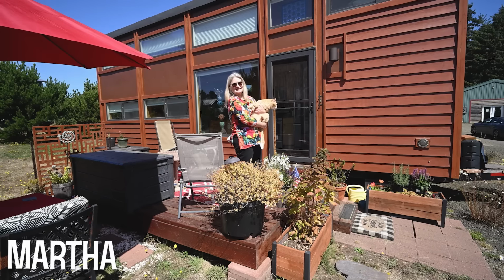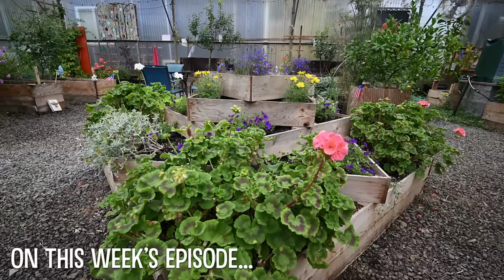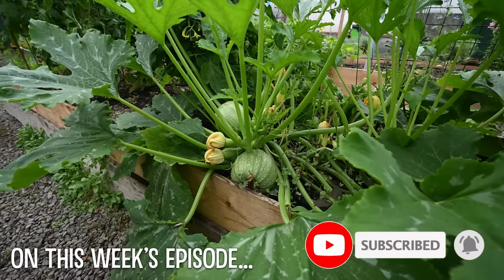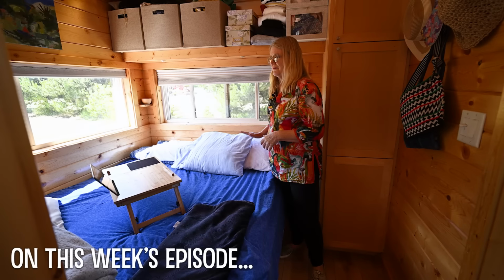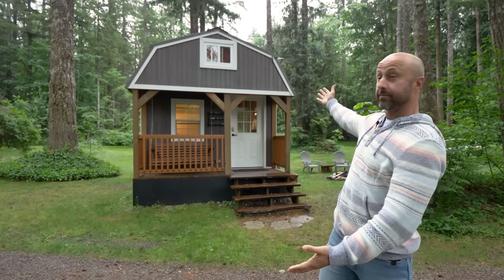Hi, I'm Martha and this is my tiny home. So welcome to our Tiny Tranquility garden. This is one of the most wonderful things that'll always stay with me even if I decide to go somewhere else. My electrical bill is $35 a month. What I like about this is that it does have a closet. What I don't like is